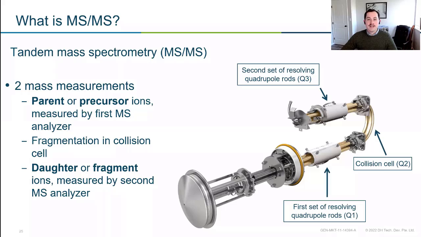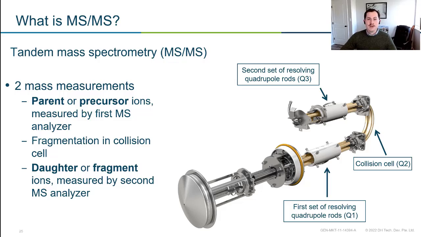So what is an MRM experiment? MRM, multiple reaction monitoring, sometimes people just refer to it as MS-MS. Here we are taking a parent or a precursor, and we're selecting that. We're focusing on that parent or precursor and filtering out everything else. You'll often hear people refer to it as parent and precursor interchangeably. Parent is a little bit of an older term. Typically in literature, you see it referred to as precursor now, but they both mean the same thing.